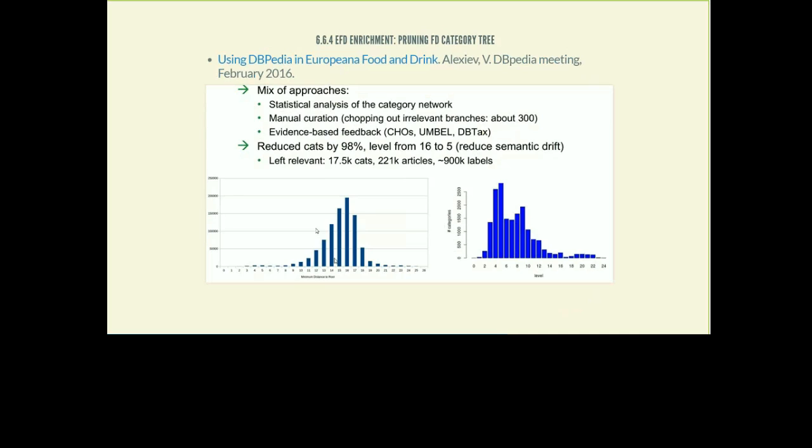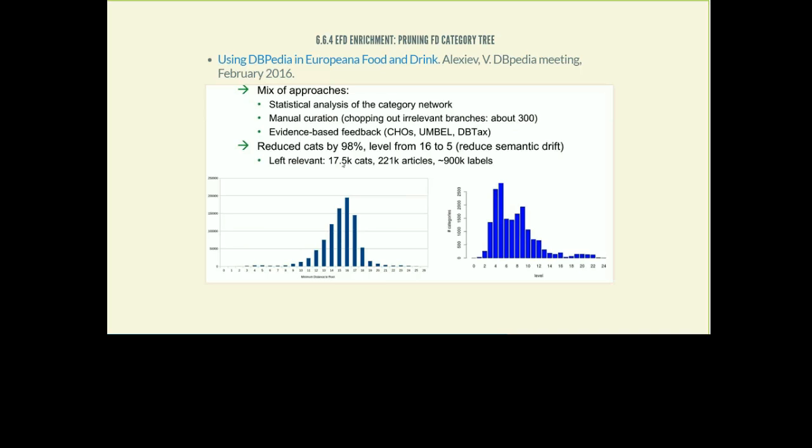So the further down you go from the root food and drink, the more twisted the path of reasoning that leads to this target ontology. And the totality of these 900,000 categories, they have an average level of 16, and this really is not good. So we used some cutting, both manual and machine learning approaches, and by cutting down something like 300 categories, chopping off 300 branches, we got to a much better picture. The average level is 5, so that all of them are pretty relevant categories.